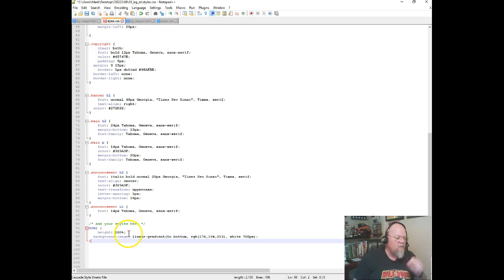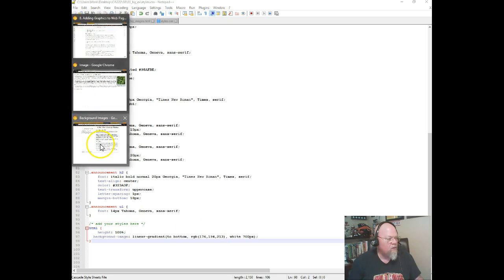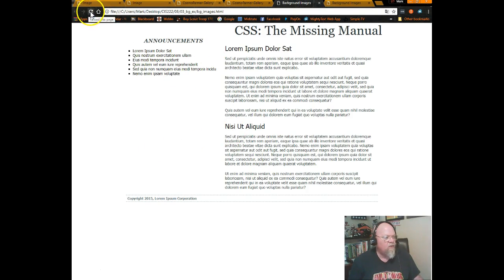It says we want the height to be 100%. The background image is going to be a linear gradient from the top to the bottom. We're going to use this RGB color and go to white, and then 700 pixels. Again, it's going to start with this color and gradient into that color, and the whole thing is going to be 700 pixels long. Okay. So if we save this and then go out to our site and do a refresh,